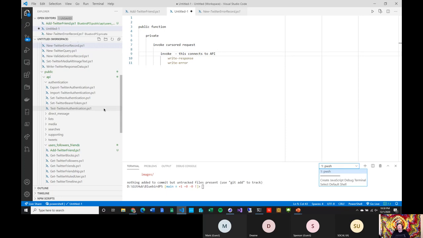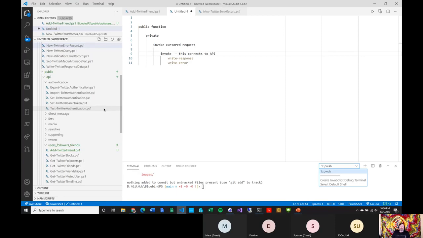It's definitely a big undertaking, but hopefully it continues to grow. I don't believe I'll ever have 100% of all the APIs that Twitter supports in this module. Some of them won't even make sense to be in a module. And there's probably some in there that may not even be useful, but